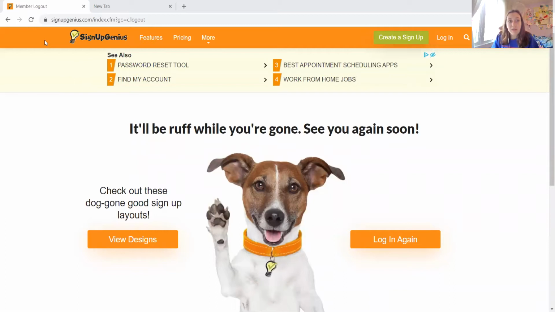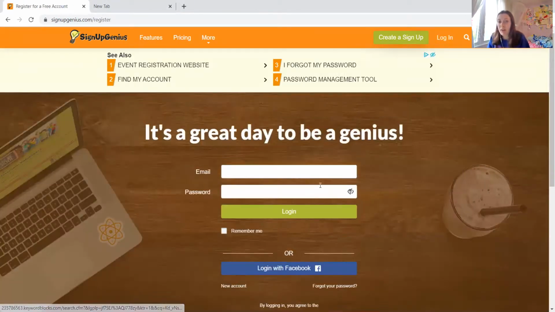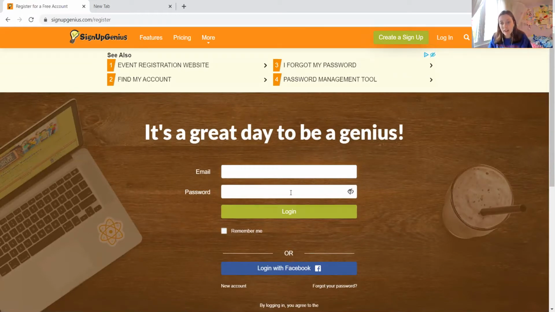So you'll go to signupgenius.com, and you'll want to log in. If you don't already have an account, I'm pretty sure you'll need to make one, but even if they don't make you, it's a good idea because it's nice to see all of your Sign Up Geniuses in one place. And you'll want to make your account with an email that you can get emails to and respond to emails from, because when people sign up